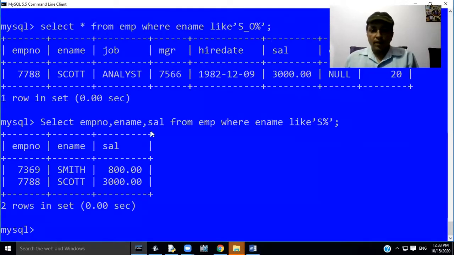After executing this query, MySQL will display the employee number, employee name, and salary for those employees whose name starts with capital S.